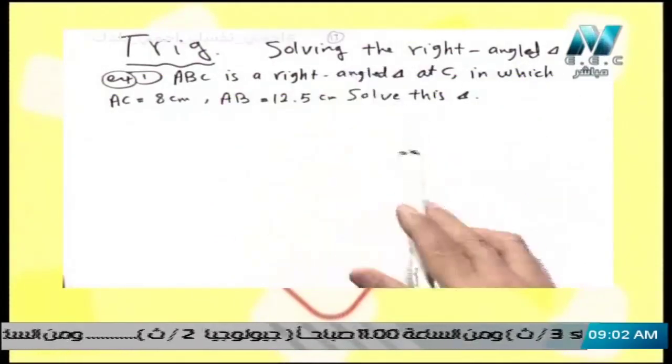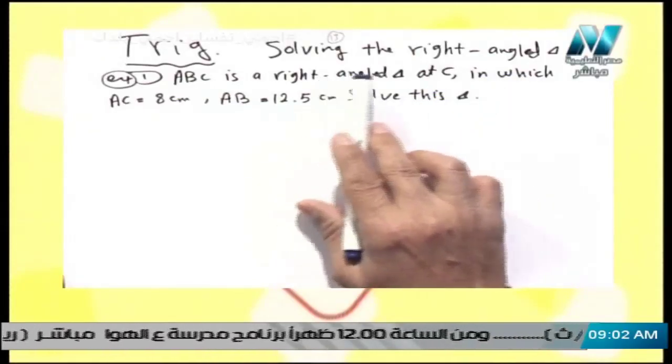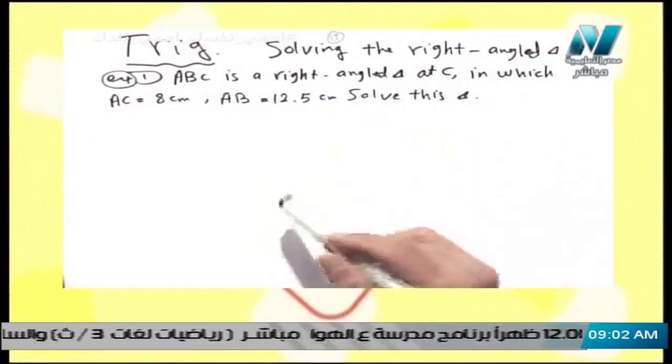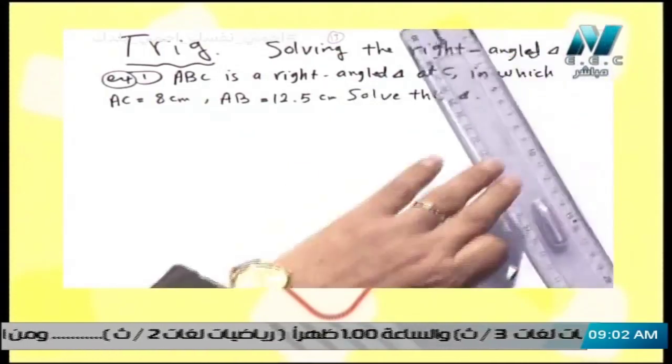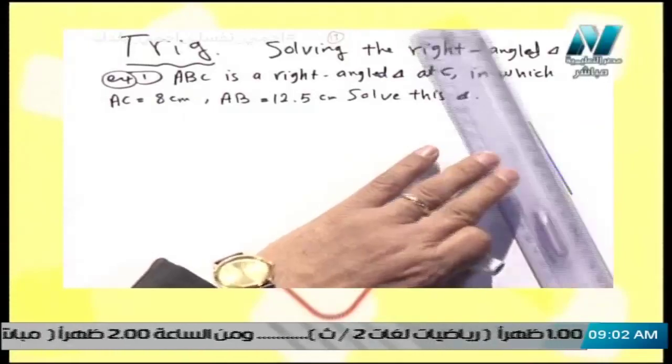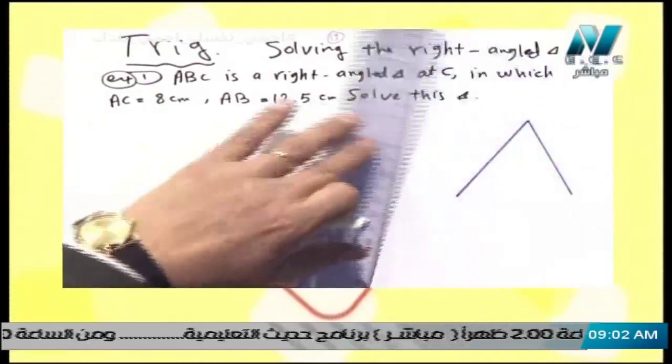We will solve a right angled triangle. What is the meaning of solving a right angled triangle? Any triangle here has 6 elements. What are the elements of a triangle? If we have a triangle,